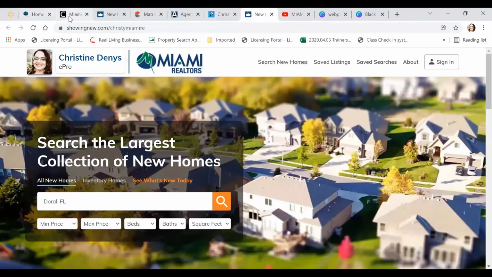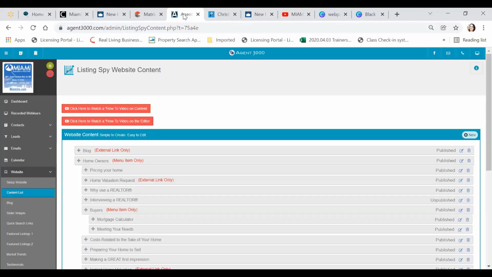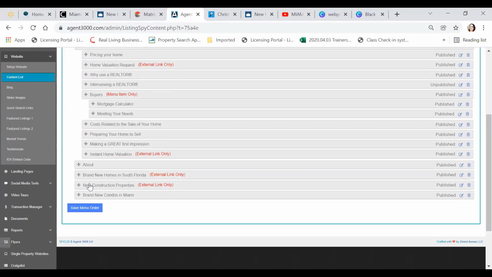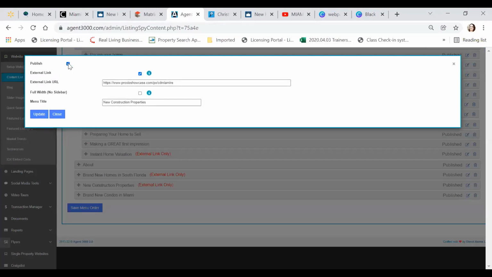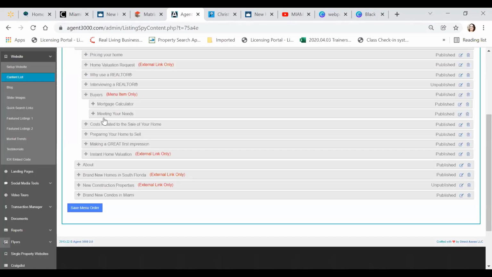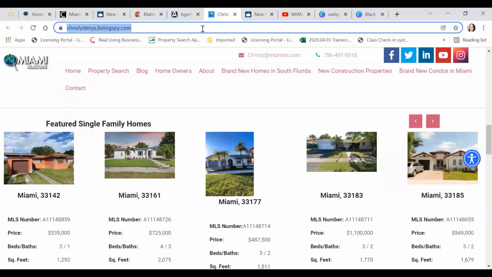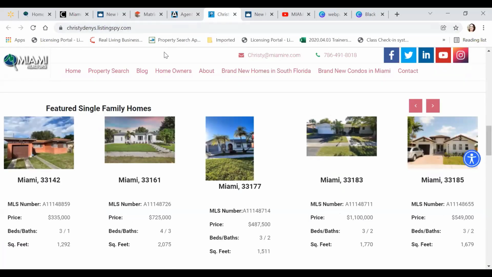Okay. I'm going to move back into the Agent 3000. I'm going to scroll down and unpublish one of these. Tap on Update, Save Menu Order, go back into my website, refresh, and I like this better. Okay, brand new homes in South Florida, brand new condos in Miami. Okay, so you can syndicate any page. So for example, if you already have a real estate page inside of your broker's website, you can add that page very easily. Moving back into Agent 3000,